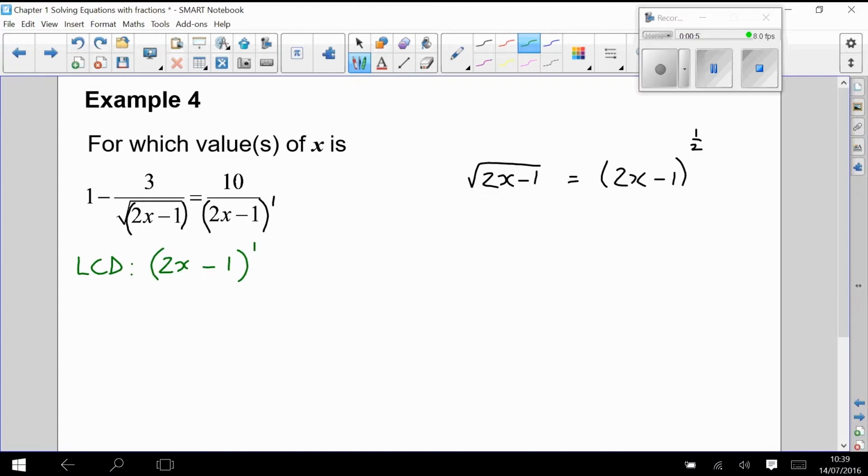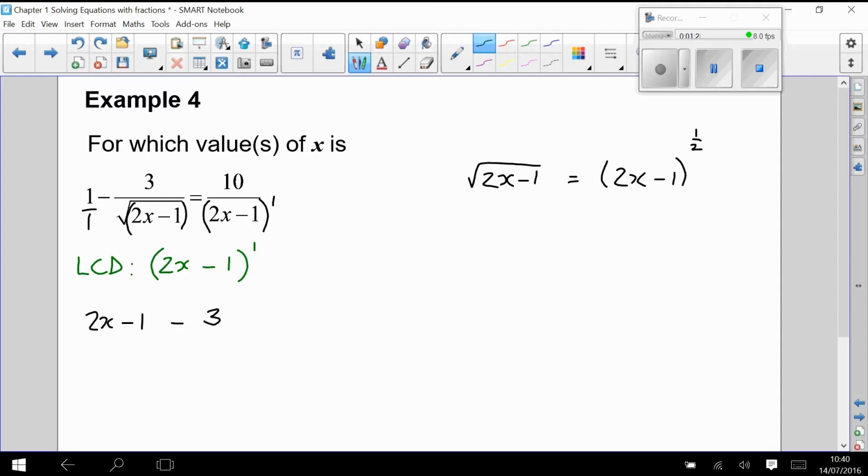Now when I try to get rid of my denominator, I always take a look and see what denominator I originally have and what new factors I have in the LCD. As my very first number 1 had a denominator of 1, I must multiply the old numerator by 2x minus 1. Going on to my next term,